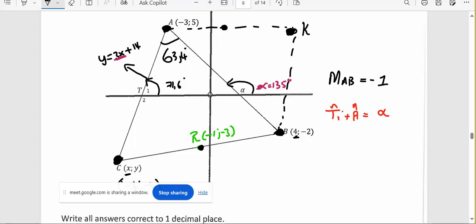Why? Because these are the diagonals of a parallelogram. They bisect each other. So if this is R, we can use that R to find the coordinates of K. I'm not sure if I'm making sense when I put it like that. Okay, let me quickly